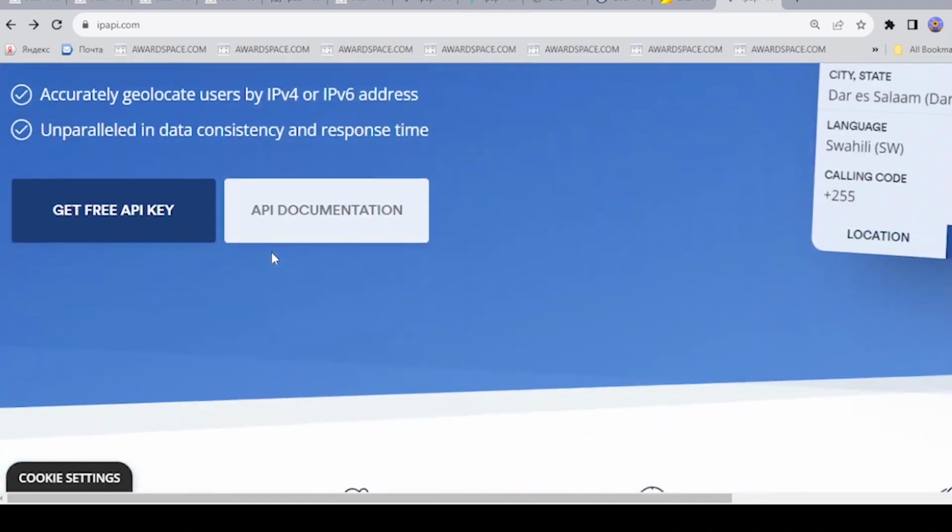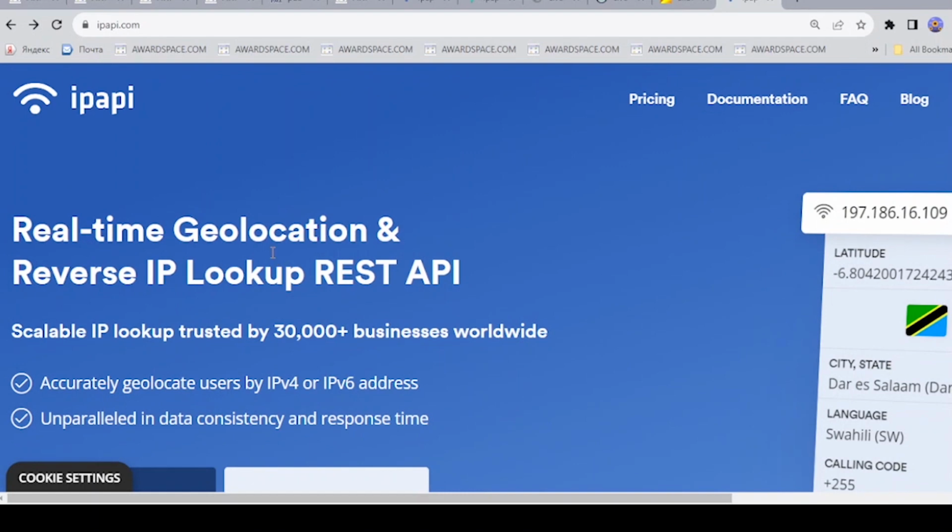I think that's how you can track users on your website using HTML or CSS, Bootstrap. Those are front end, but for the back end you can use Ajax, jQuery, MySQL, and PHP. There are other programming languages which you can use, such as Java and Python. I think